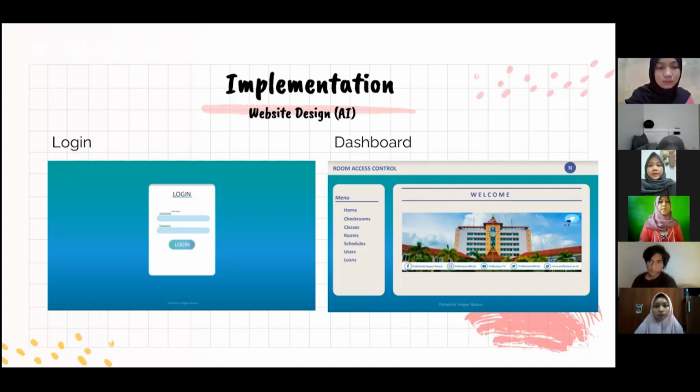Okay, here I will explain the operations of the web design we created. This design we created using the Adobe Illustrator application. The design we made contains simple elements and is easy to understand. Some of the designs we made: the start page is login. Next is the dashboard. Next,